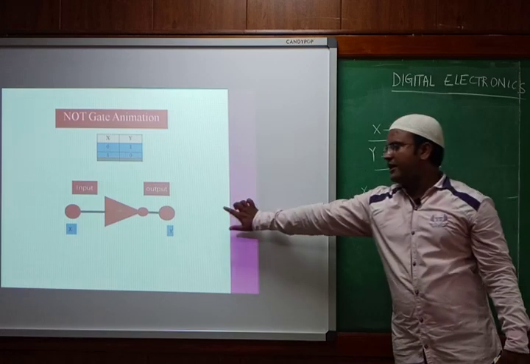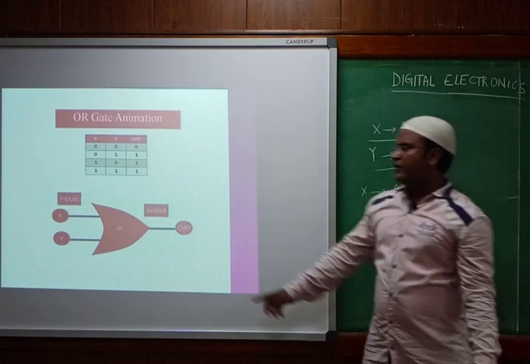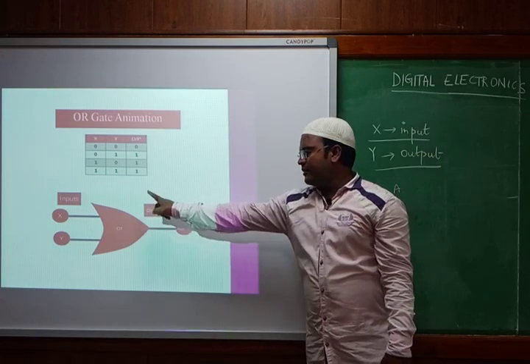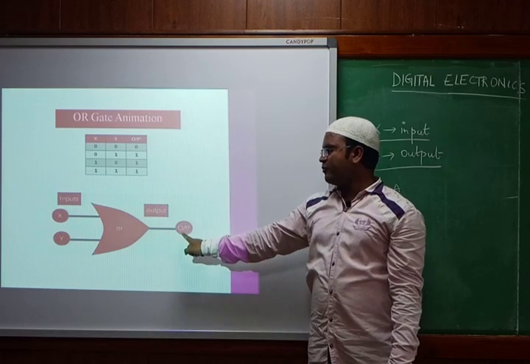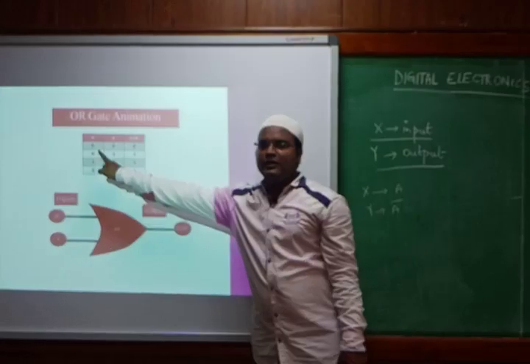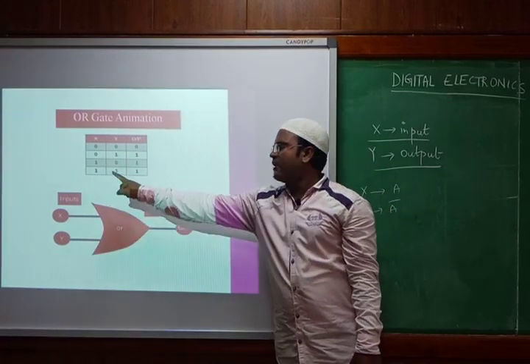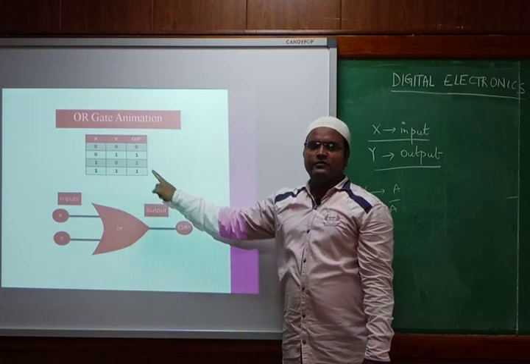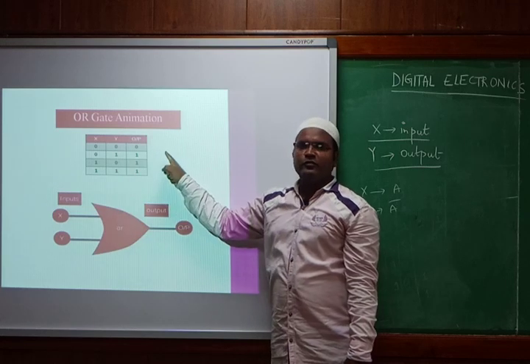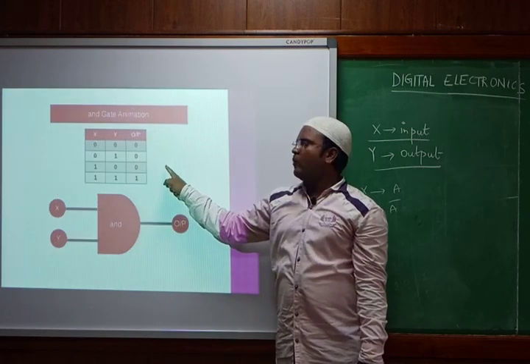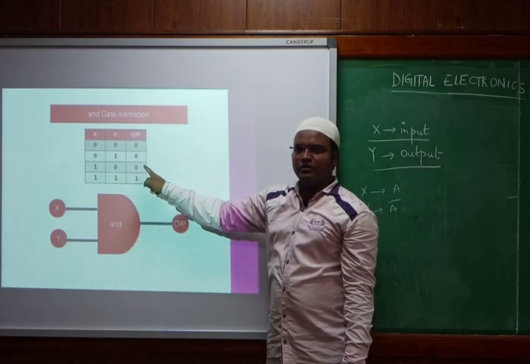Likewise, next we are going for the OR gate. That OR gate also we have discussed in the previous class. If I have two inputs X and Y, this is the symbolic representation for the OR gate. What output value am I getting? What are the input combinations? 0 0, next combination 0 1, 1 0 and 1 1. So I need to add all the numbers. 0 plus 0 would be 0, 0 plus 1 would be 1, 1 plus 0 will be 1. So that we need to mention over here. By mistake it is written 0 0, it has to be 1 1.